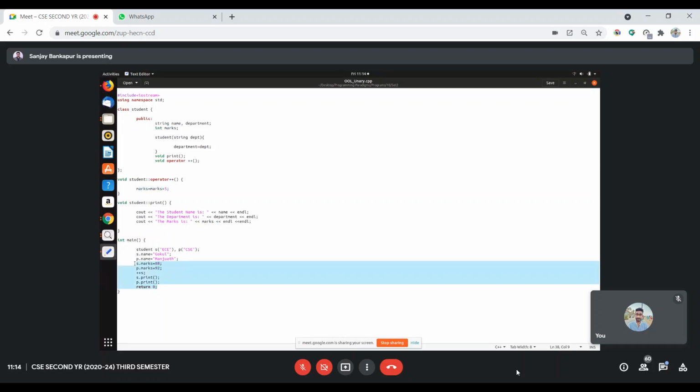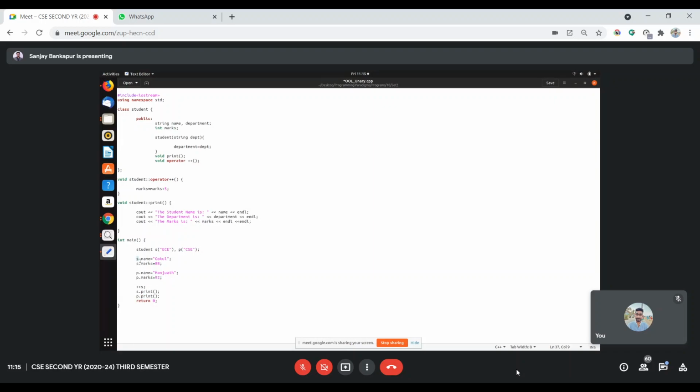When we look at the main function, I have instantiated two objects, S and P. S being from ECE, name Gokul, P being from CSE, name Manjunath. S has marks of 88. We can access the marks of the P object, right?